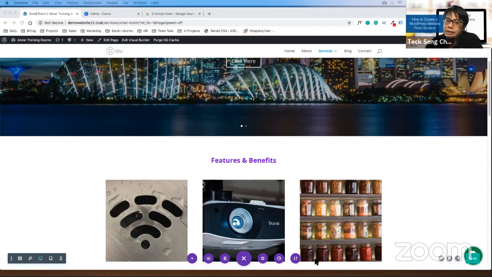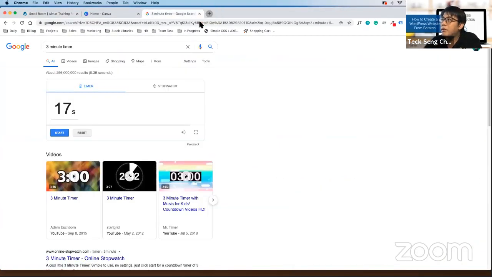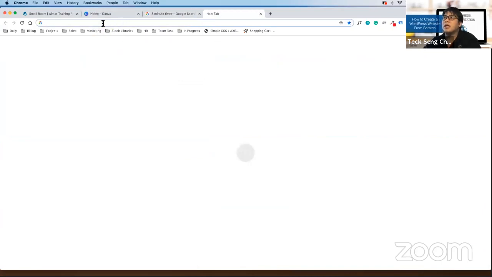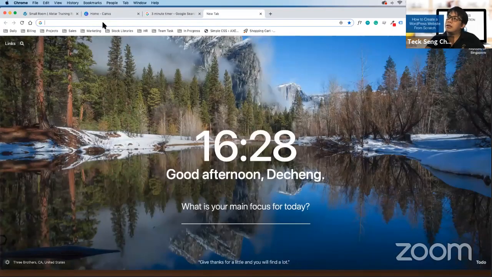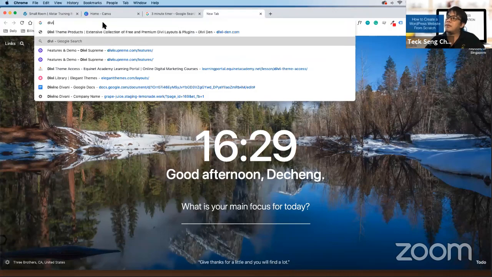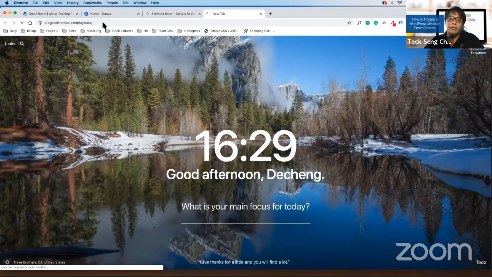What happens is that in DV itself, it's easier for you to build the page with DV layouts, pre-made layouts. If you go to the DV website, which is elegantthemes.com.